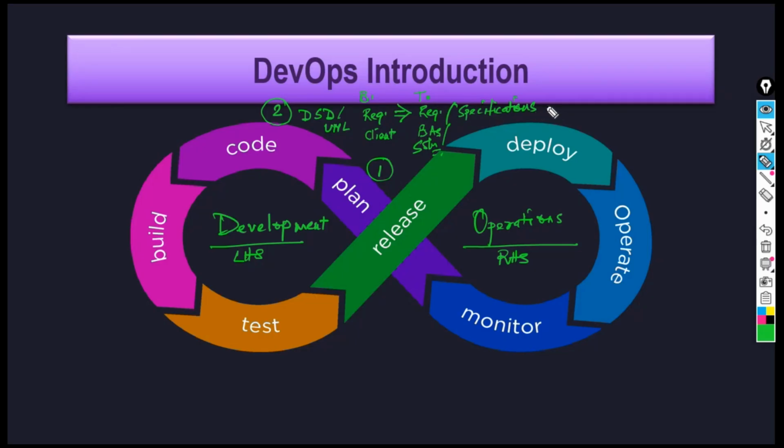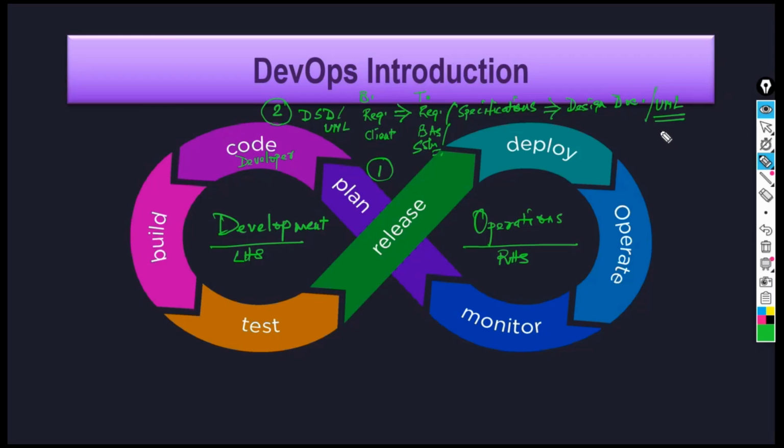So after that, what will happen? Still, in this form, it cannot be given to the developer. The developer will not be able to decipher anything out of this document. This has to be again converted to what? Certain design documents. Design documents and UML diagrams. There are lots of other diagrams as well, but one of the most popular is the UML diagrams.